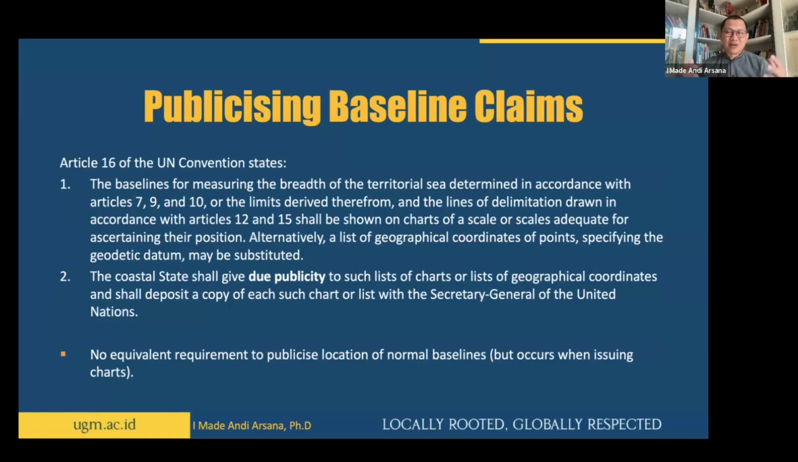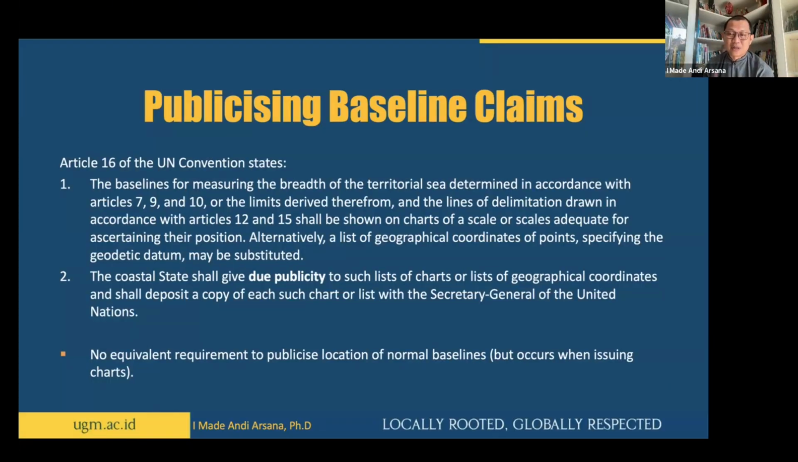You need to publish it. You need to announce it to the world. So basically, when or after you designate your baseline, you need to submit or deposit that to the United Nations. Indonesia, for example, has done that in 2009. So March 2009, Indonesia already submitted or deposited its baseline, the maps, and also the list of coordinates to the